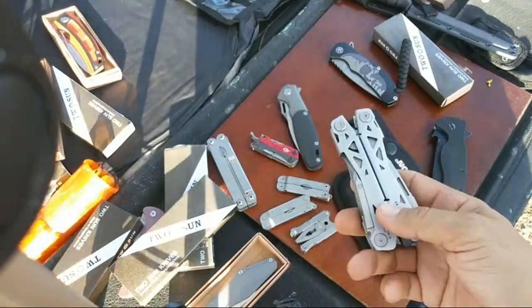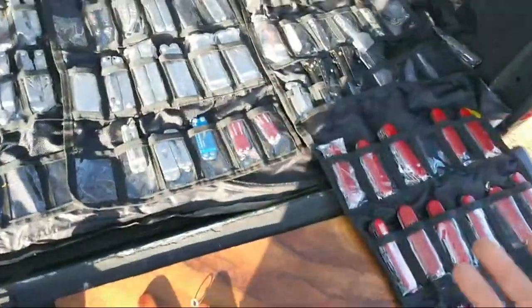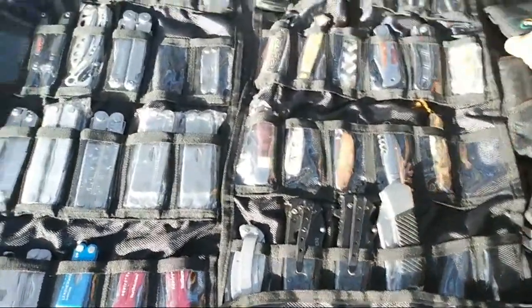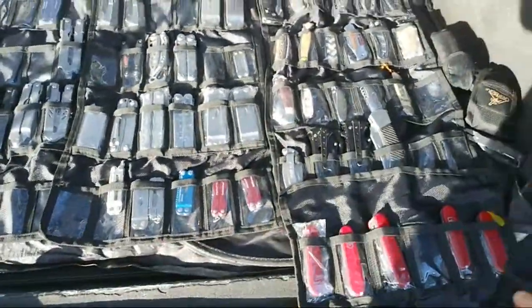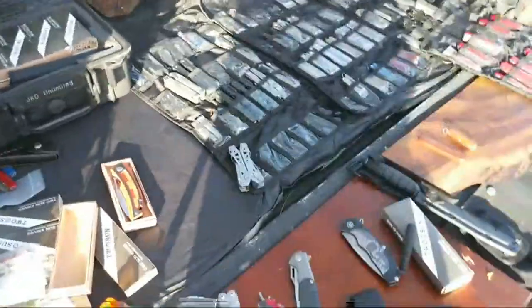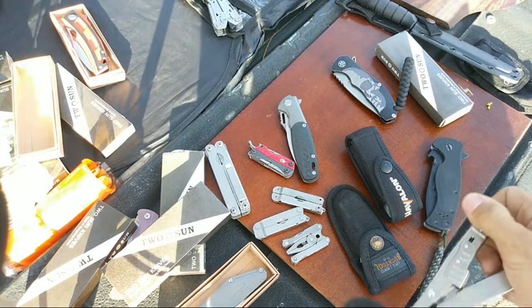Yeah, so some of the other interesting ones that I have gotten that just kind of feel right. Where is it? Let me try and find this guy here. I think I showed this in the last live stream, but this is another interesting multi-tool. I've got a bunch of interesting multi-tools, but this one kind of